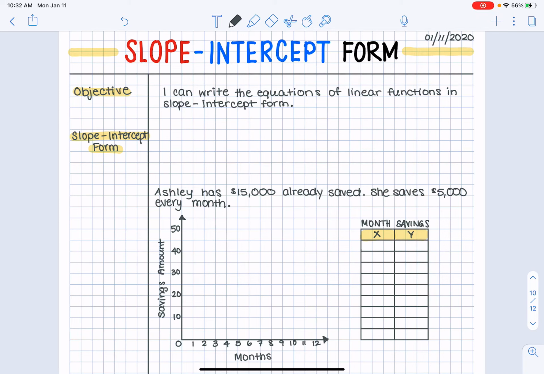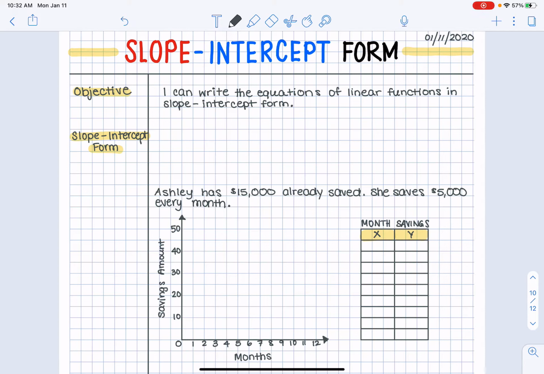Hello everyone. So this is going to be the setup for our notes for today. What I want you guys to do is pause this video right now and set up your notes. Once you're done setting up, we can unpause and then continue. I'll wait for you guys to copy down the notes. All right, hopefully you were able to pause the video, copy down the notes, so let's go ahead and get